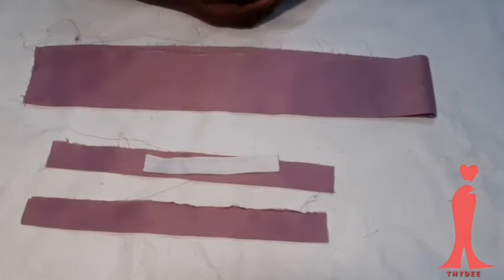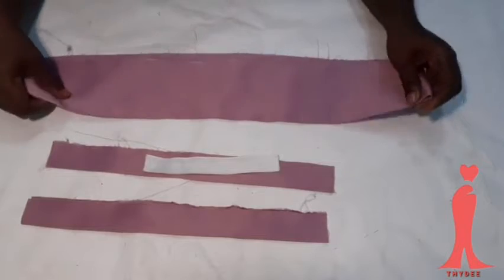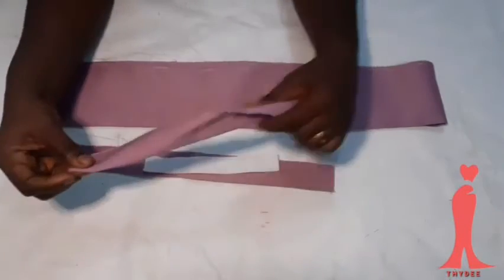These are the pieces I'll be needing. Of course, you can make use of any fabric of your choice. So here I have a doll face, and I've cut